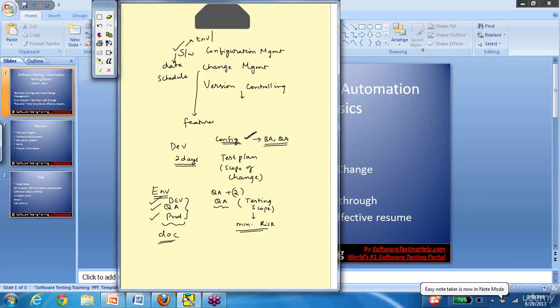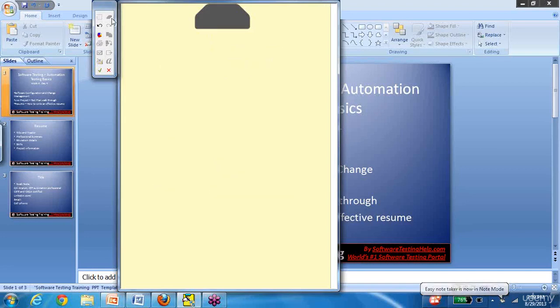Okay, then let's see what change management is. Change management, as we discussed, is change in the feature. Say there is this build 1 and it has features 1, 2, 3, 4 and 5.